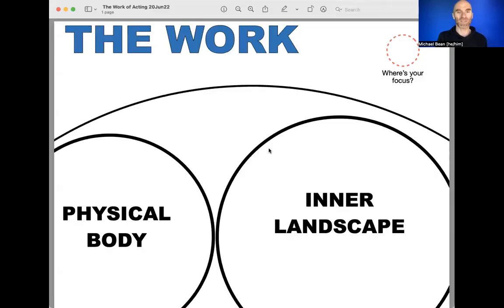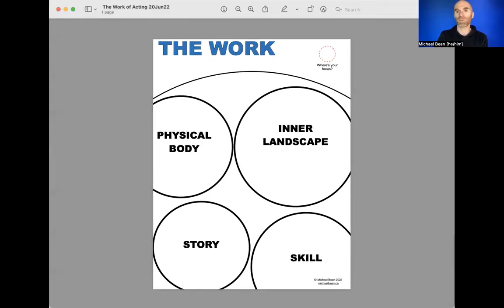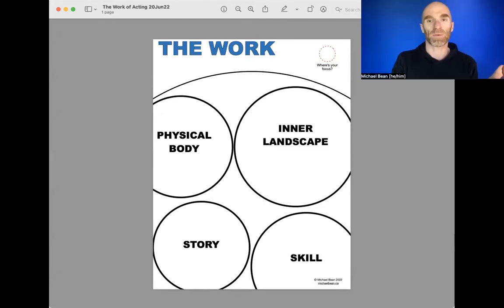So with that in mind, where are you making your decisions? Here is my best thinking about a general overview: where are you going to get the most mileage? And that's really about where you put your focus. So the things, in general, that are going to help you out as an actor,